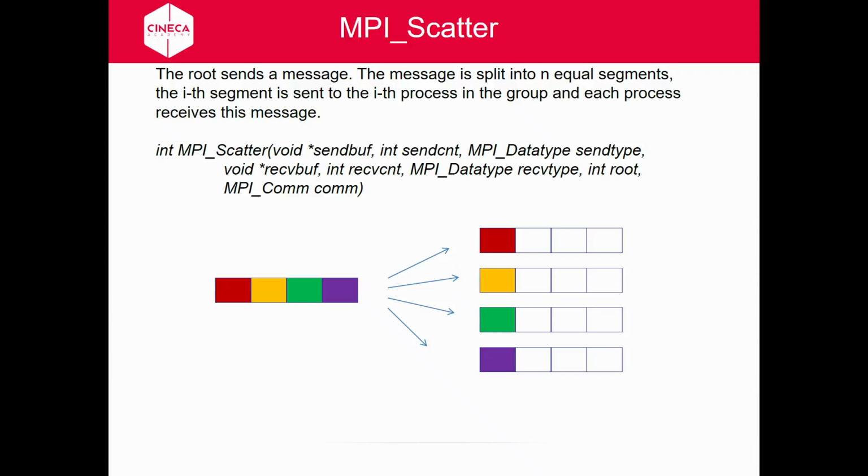For example, if I have a prime number like 17 and I have 4 processors,